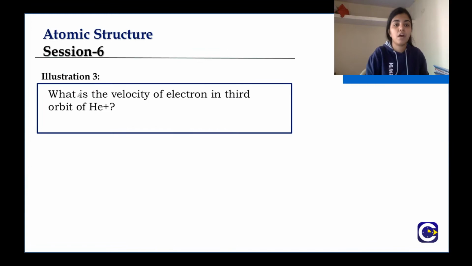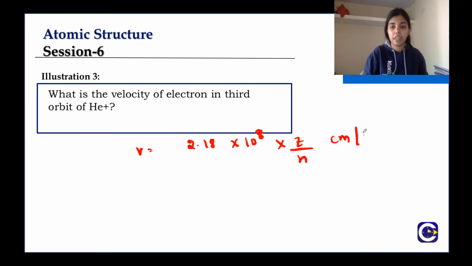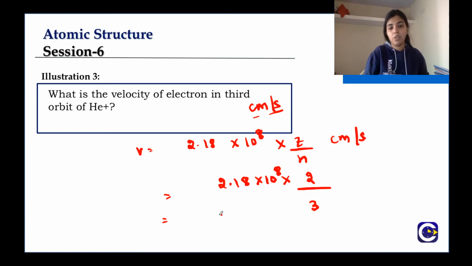Now the question is, what is the velocity of electron in third orbit of helium plus? We know that velocity is equal to 2.18 into 10 raised to the power 8 into z by n centimeter per second, right? So let us say that you have to find it in centimeter per second. So z will be equal to what? Helium, that means 2, and third orbit, so n will become 3. So 2.18 into 10 raised to the power 8 into 2 by 3. That will be equal to how much? 2.18 into 10 raised to the power 8 into, this will become your